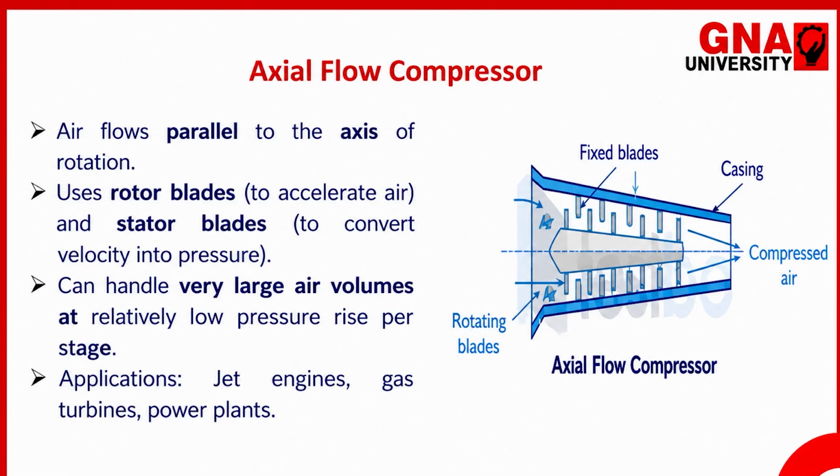So first, out of the casing, the screw gears are connected with the external timing gears. So what happens when the air comes here, it gets entrapped between the space between the two machine screws, and that space is very less. And due to less space, what happens? There is an increase in the pressure, and we will get the pressurized air at the other end of the system. So that is the screw type of compressor.